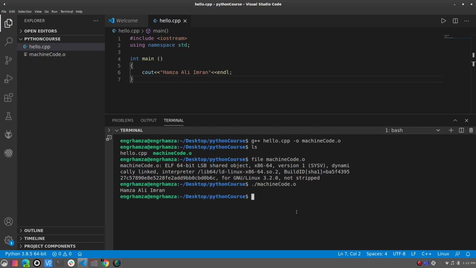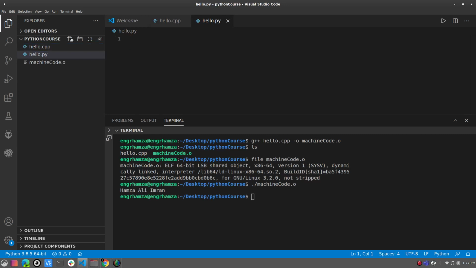Now let's create a new file in Python and write the same kind of program there, and then I will show you that I can directly run it by making a call to the Python interpreter. Create a new file, name it hello.py. You can name it anything, but by convention the extension py is given to Python programs. It's just a text program. Simply print.